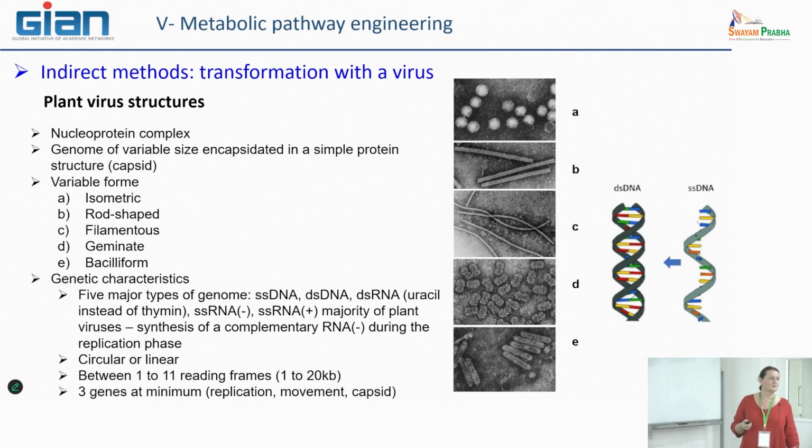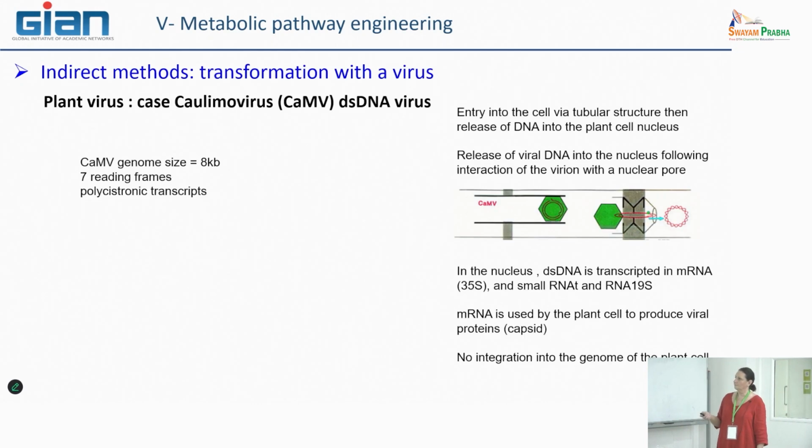And the main proteins they are able to produce are capsid proteins, which make the external envelope of the virus. At minimum, you have 3 types of genes: one for the capsid protein, but also 2 other genes that encode enzymes that permit replication of the DNA and also movement of the virus from outside into the cell. So there are at least 3 types of virus that are well known and were used for biotechnological management.